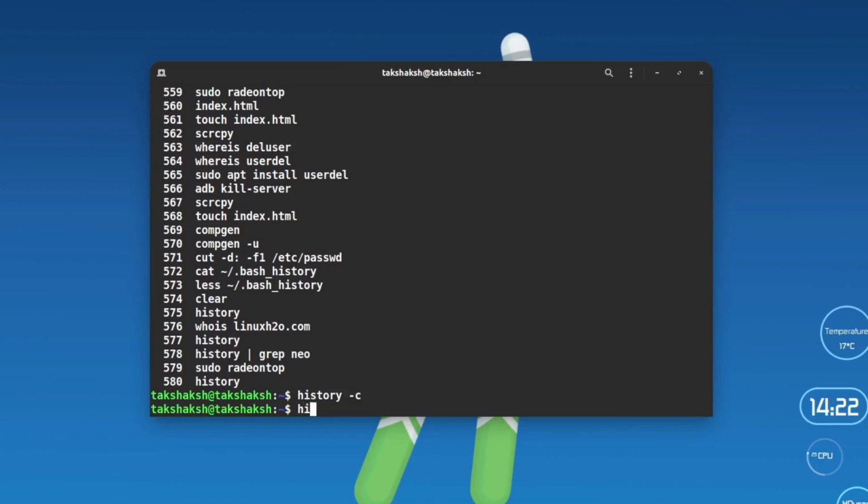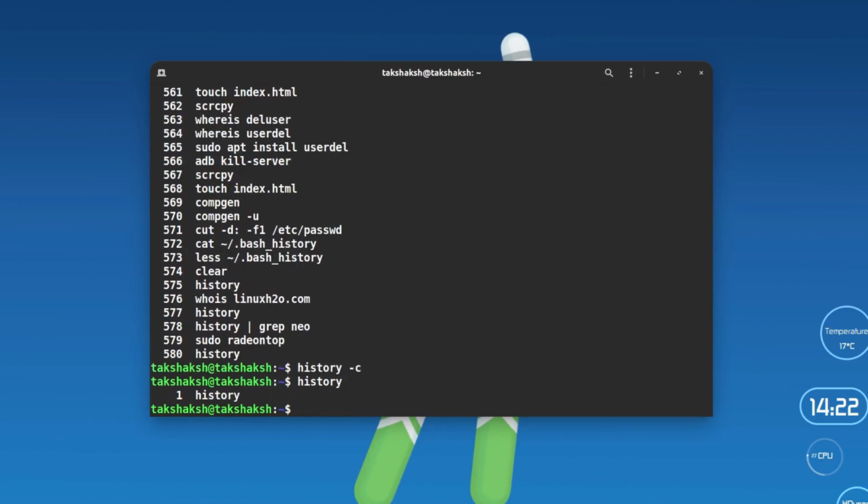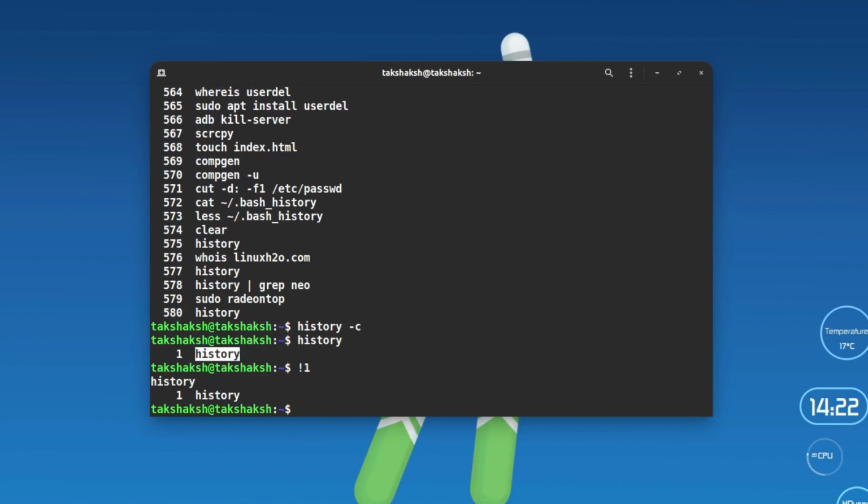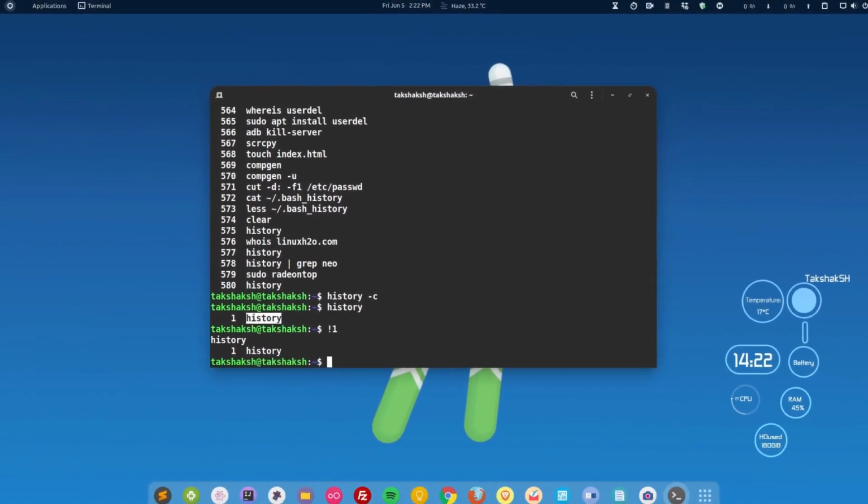If I type history again, there is only one entry now, that is history. If I want to execute it again, I can type bang and 1, and it will execute that command again. So this is how you can use the history utility and execute commands efficiently on a Linux environment.